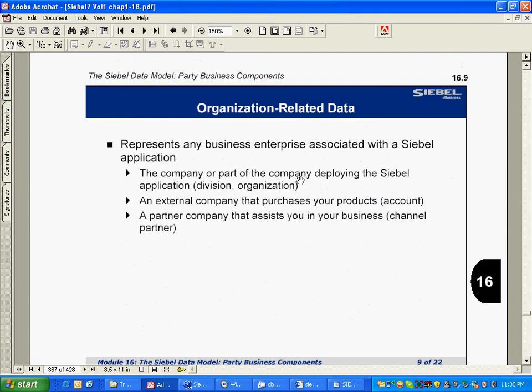Organization related data. We know that different types of organizations are present. Business organization. First is the accounts itself. They are external to us. Then there is an organization entity in Siebel, which is our own, whoever has deployed Siebel, right? Then there is a partner company, right? So they are all organizational type entities.